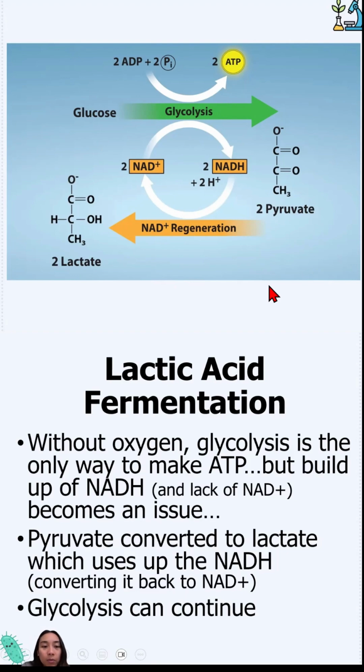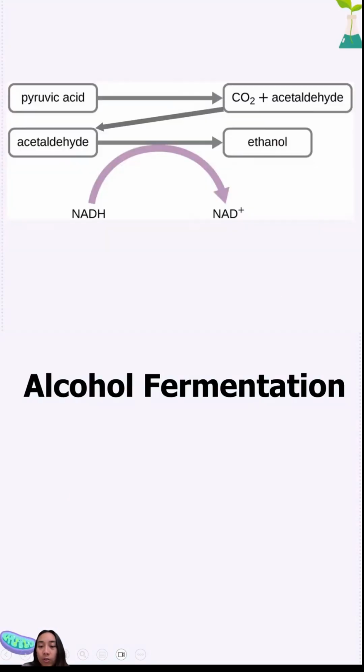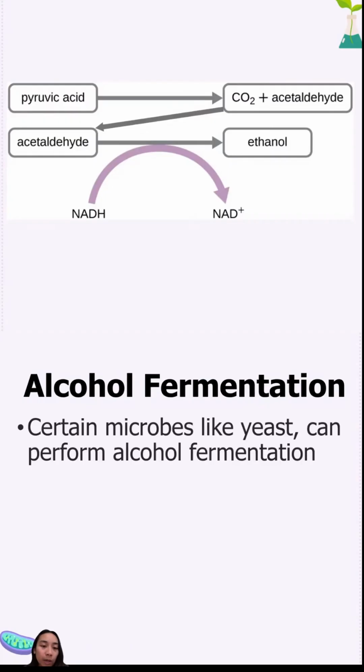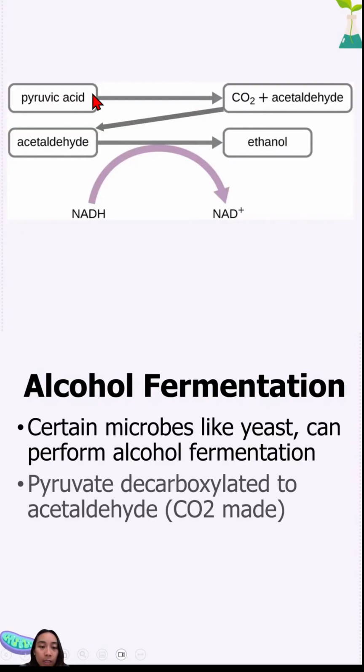Now, there is a different type of fermentation. It is called alcohol fermentation. This happens in certain types of microbes like yeast, where they have a different way of doing it. Their pyruvic acid is going to be decarboxylated into acetaldehyde. And so this CO2 is released by these organisms. And then the acetaldehyde is going to be